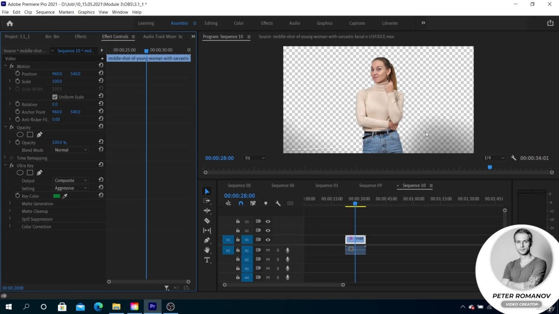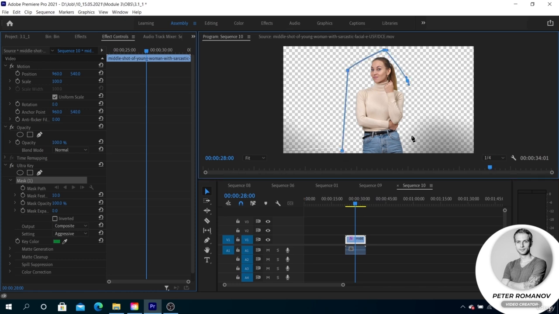It would seem that you need to use a mask on the Ultra Key. But what happens then? Look, if we crop an unnecessary object with a mask on the Ultra Key, it will limit the effect of the Ultra Key. So, this is not what we need. I am deleting it from here. You should see what I do. When we have it fit here,